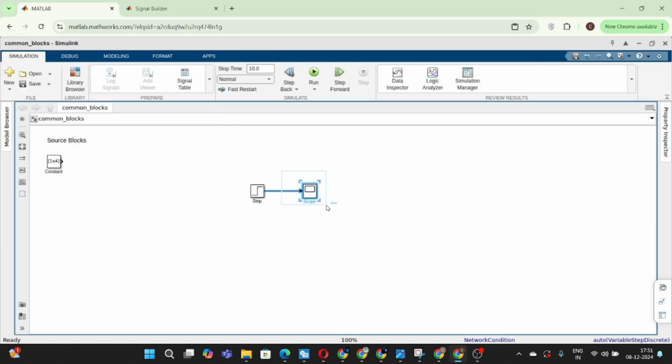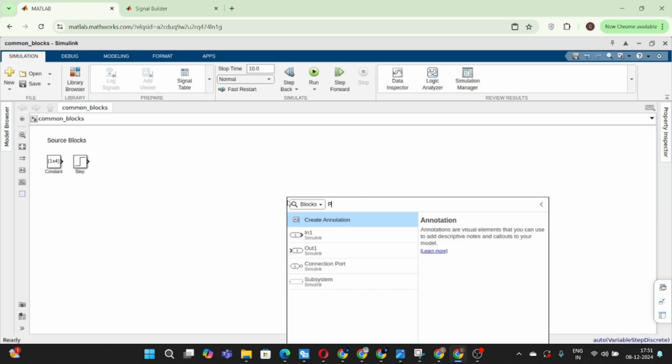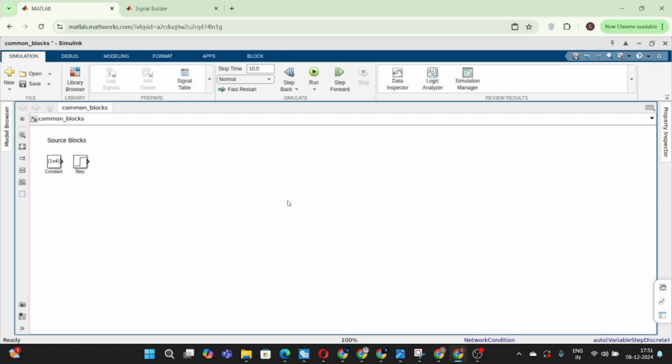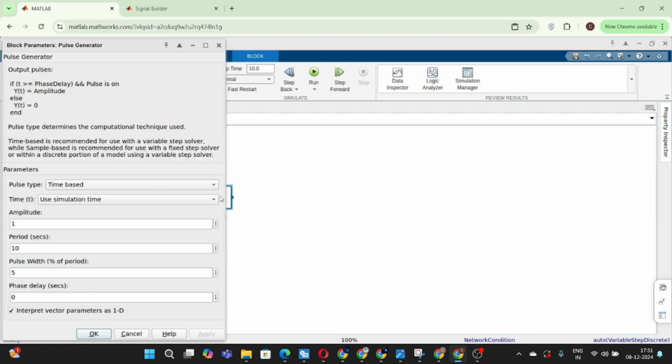So let me delete this and keep it aside. Now let's move to the next source block, that is pulse generator. Yeah, this is the pulse generator source block, and it produces square or rectangular waveforms with user defined amplitude and frequency. Well, you can define the amplitude and the frequency of this block,